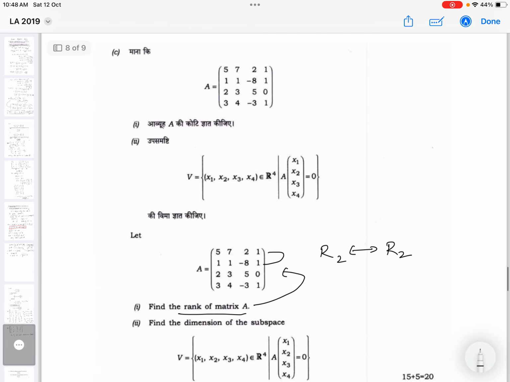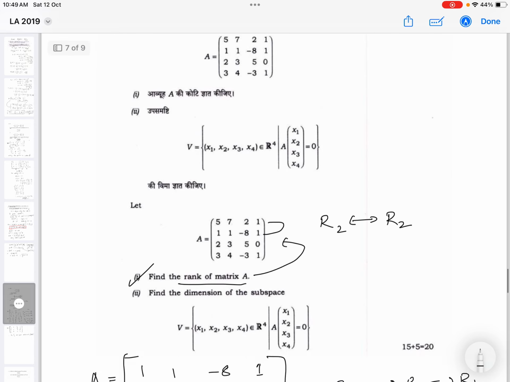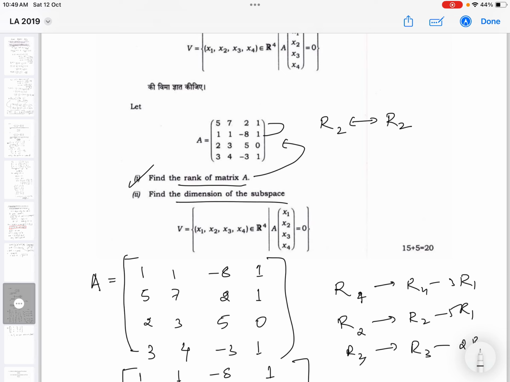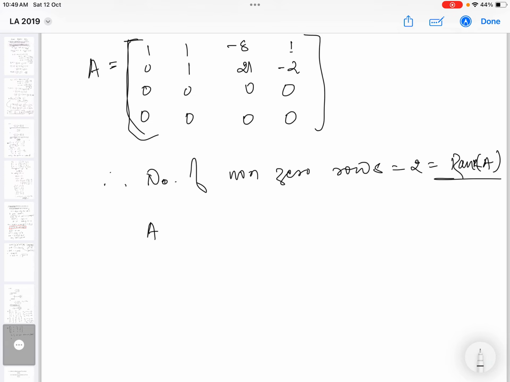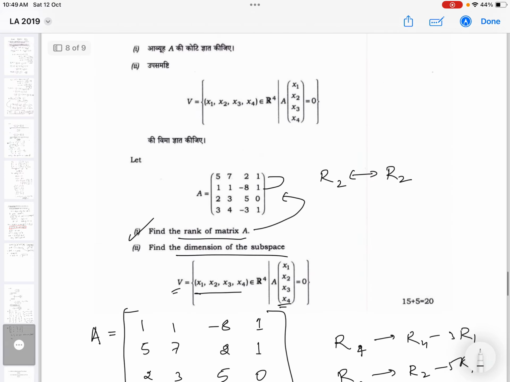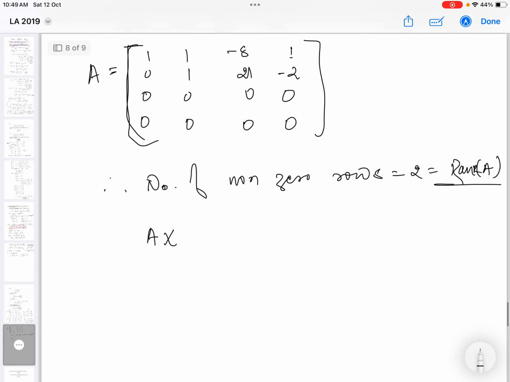Yes, yeah, this we did। And now the second part, dimension of vector space, dimension of the subspace, and this is nothing but kind of null space of A। V is nothing but null space of A। Null space ऐसे elements जो कि A को reduce कर रहे हैं 0 पे। तो A cross x is nothing but x is 0 where x is x1 x2 x3 x4। ये हमें पता है,